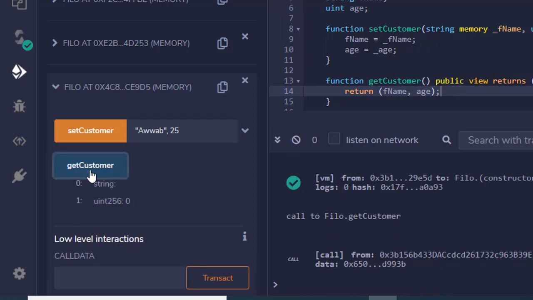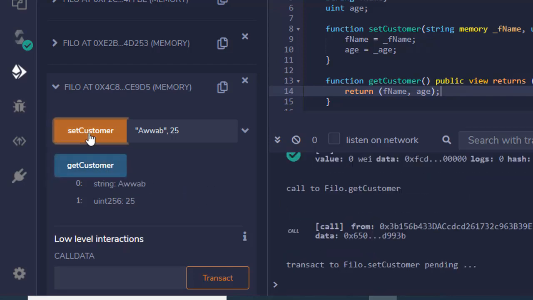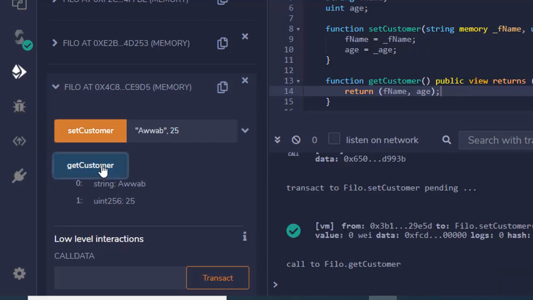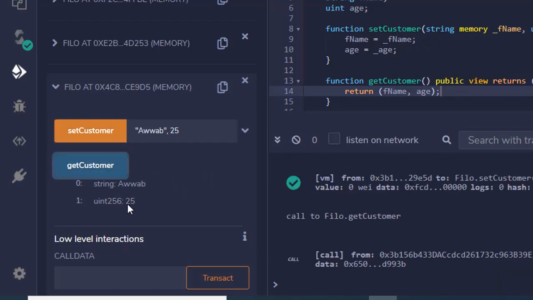So if I click get customer, it is not showing. So you need to click two times so that it can be stored in the memory, and now it is showing. So I can change this number to 30, and I can set customer, and if I get customer, it is now changed to 30.